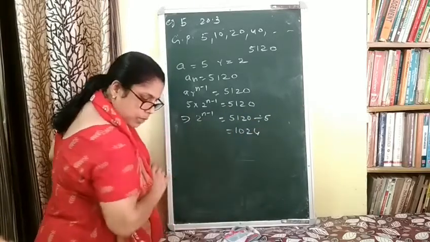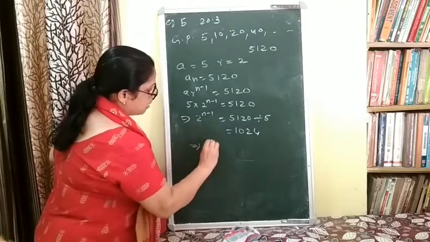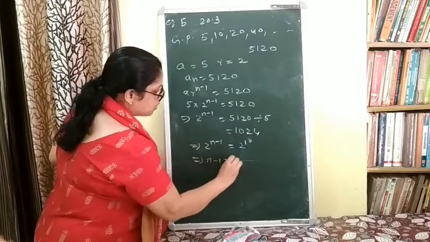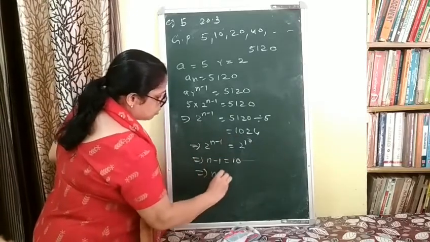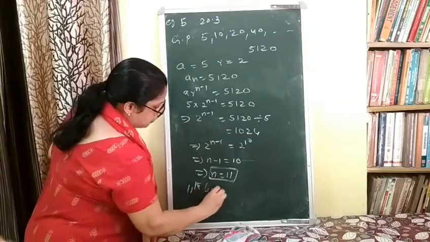That you have to do by yourself. 1024. That means 2 raised to power n minus 1 is equal to 2 raised to the power 10. Implies n minus 1 is equal to 10. Implies n is equal to 11. That is 11th term of the given GP